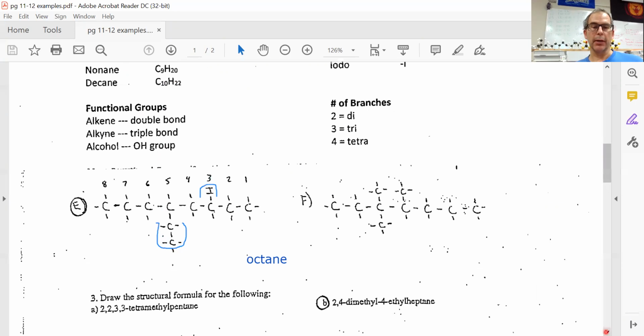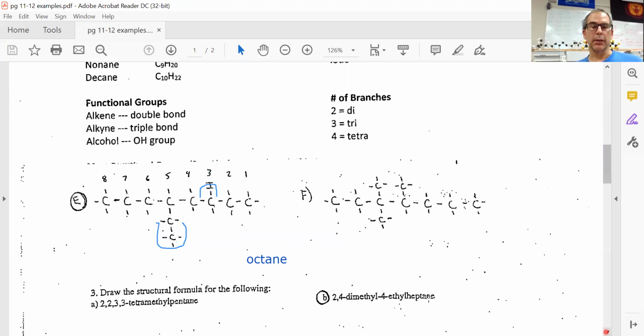Notice when I draw this that I have C1, 2, and 1, 2, 3, 4, 5. This is the branch C2H5. So this is an ethyl branch, and it is on number 5. This is an iodo, and it's on number 3. Okay, the octane should go last. I'm not too concerned with the order you put these in. Technically, you'd alphabetize it, and so I'm going to do that and call this a